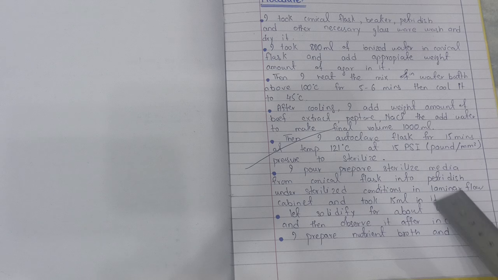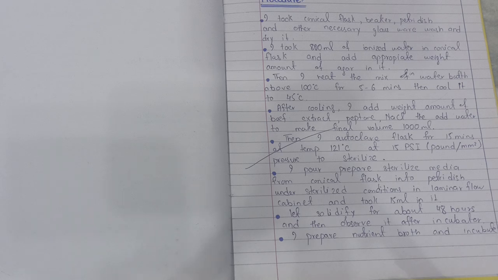So you are using a lot of machines. First of all you add the water and agar. Then you heat it on a water bath, and then you cool it. Then again you put beef extract, NaCl and peptone in it. Then for sterilization, you will send it to an autoclave. Very good. And then again you have to sterilize it in what? Yes, laminar airflow. And the last machine that you will use for that process is the incubator, so that the microbes can grow easily on it, and then you have prepared your nutrient agar and it is ready to use.